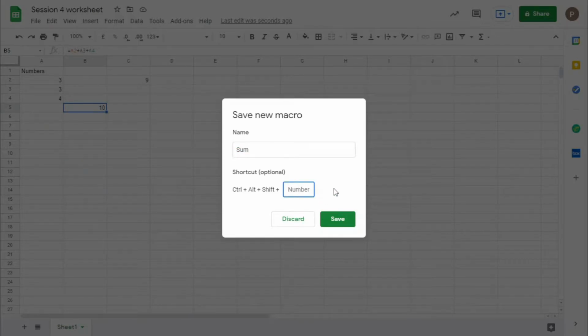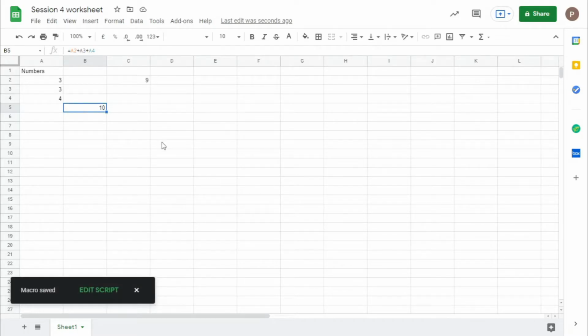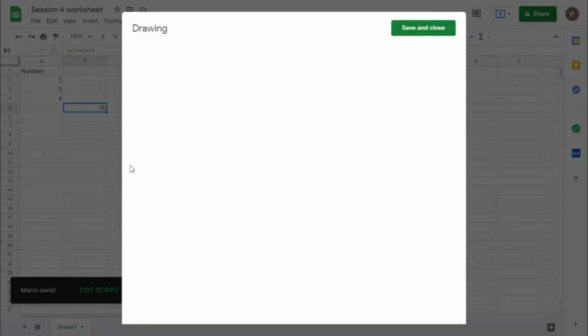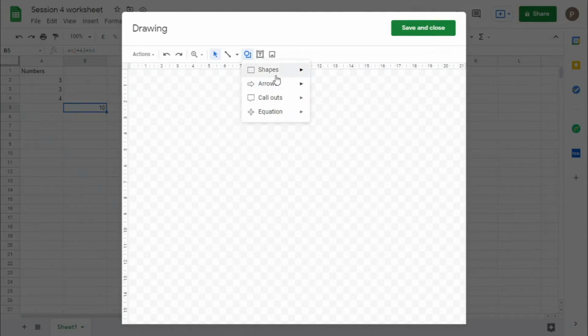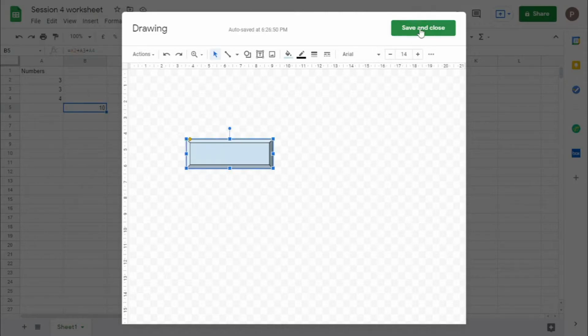Then there is a macro saved. Now going here, insert, go to drawing, click here and make a button, click save and close.